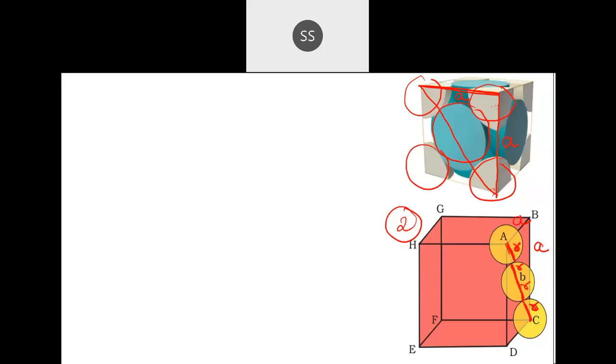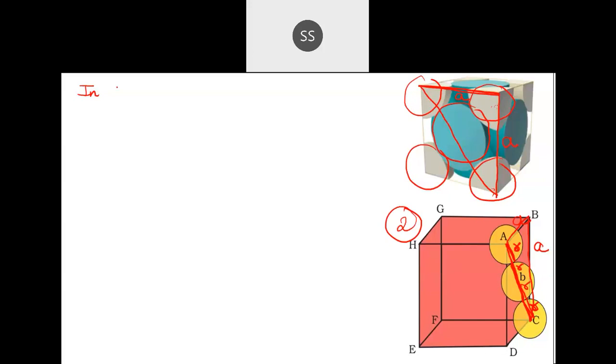You are going to use this diagonal and these two sides together. If you join them together, you will get a right angle triangle. When you get a right angle triangle, you can apply the Pythagoras theorem here. So we are going to apply the Pythagoras theorem and get the relationship between A and R. I'll write here in the triangle. Do not copy this, students. Later I will give you what you are supposed to write. Now I'm just explaining briefly what you are supposed to do.